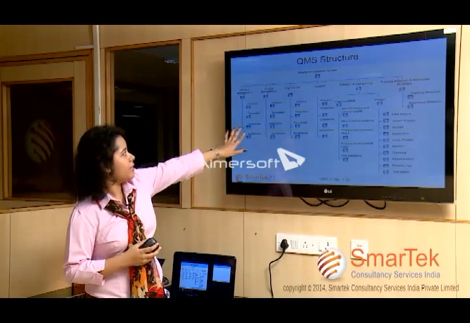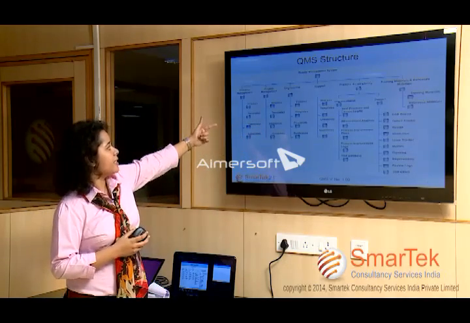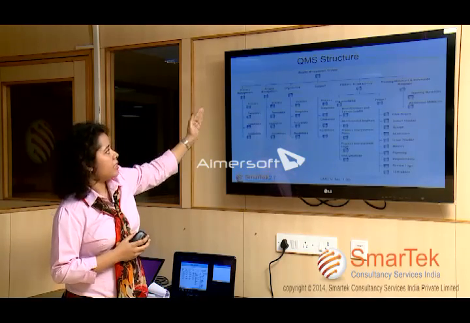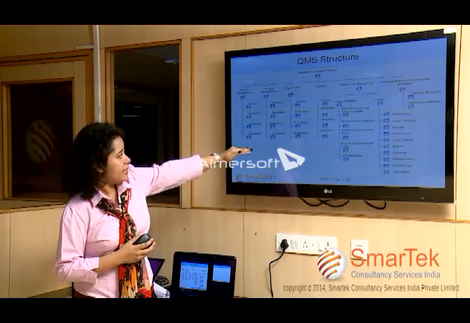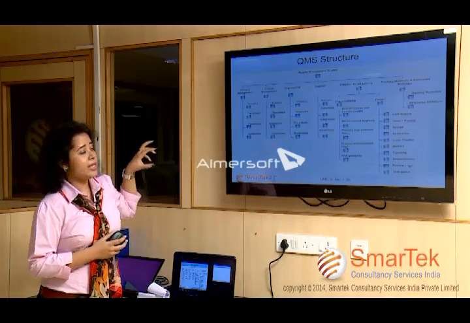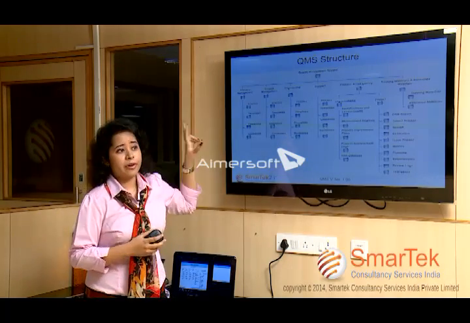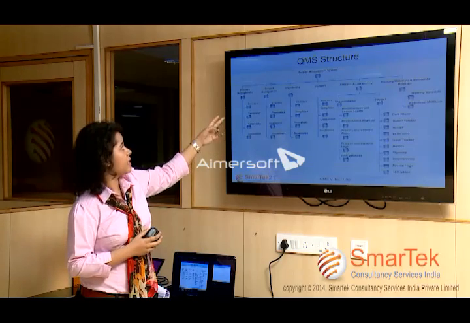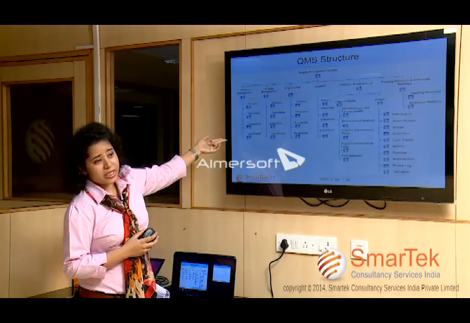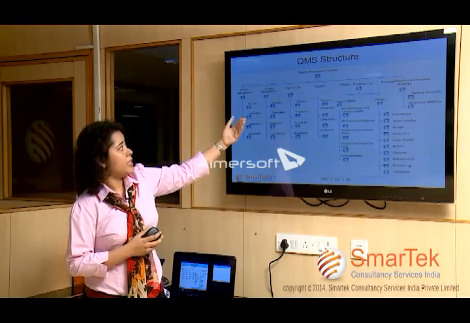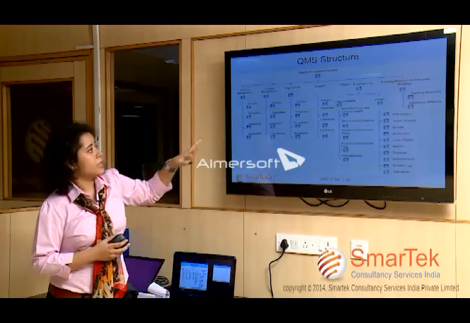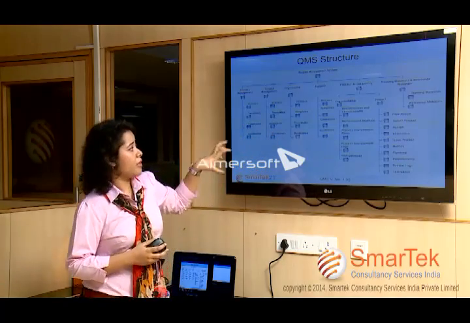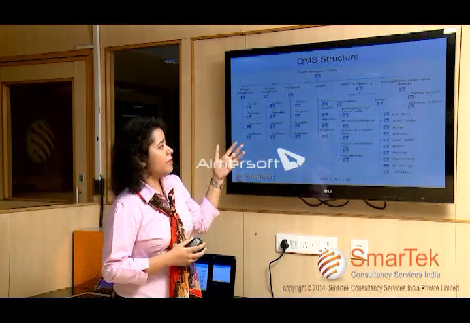So each of these process areas has the same components: the process, templates, checklist and guidelines. So if we need a template or a checklist or a guideline for any particular process that is under process management, we need to go and check it here, or otherwise project management, engineering and support. And this process asset library is nothing but a repository where we are going to put all the logs, all the history data,